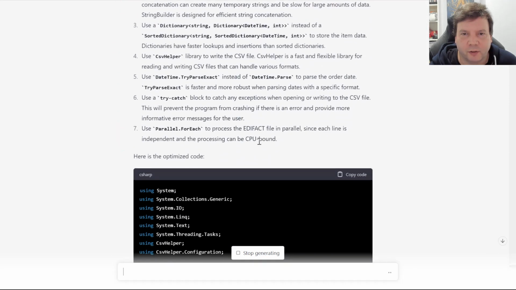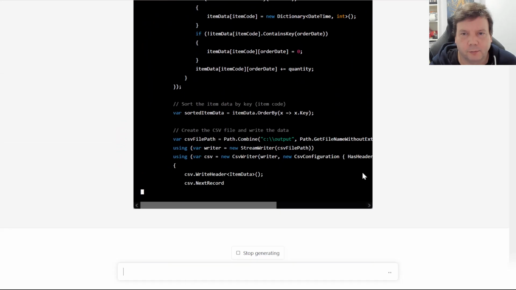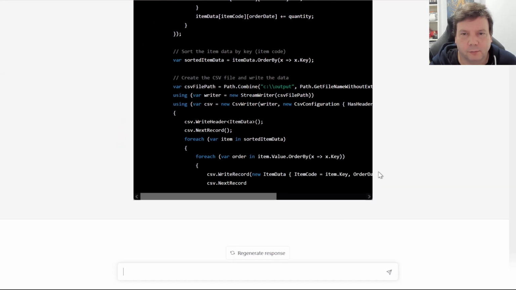This time it's given us the optimized code. I've been told the new version, ChatGPT version 4, that's coming out has many more tokens. We've optimized it. What we're going to do next, and you'll like this,